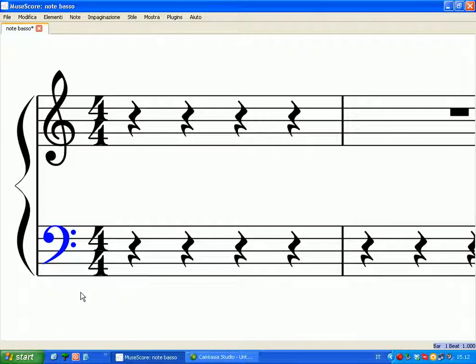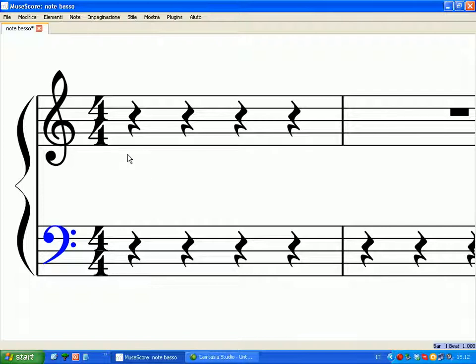But please let me notice that while in the case of the treble clef we use the first ledger line right below the first line of the pentagram of the staff,